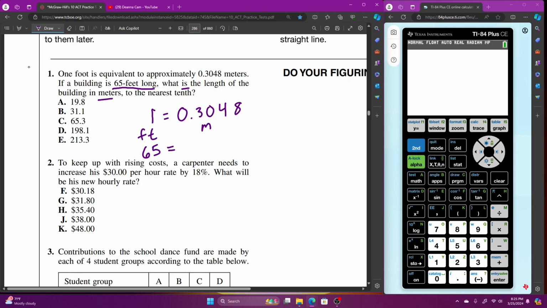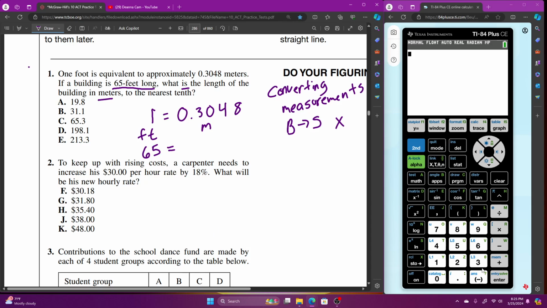When you're converting measurements and you're going from a bigger unit to a smaller unit, big to small, we're going to multiply. So you're going to multiply 65 times